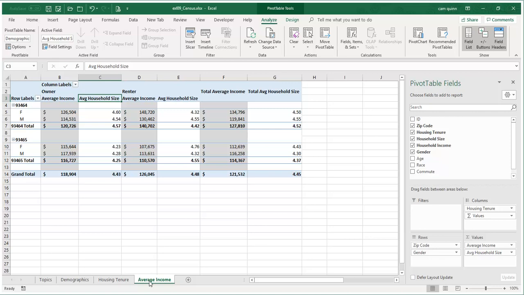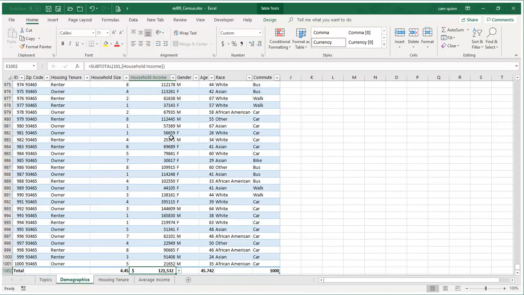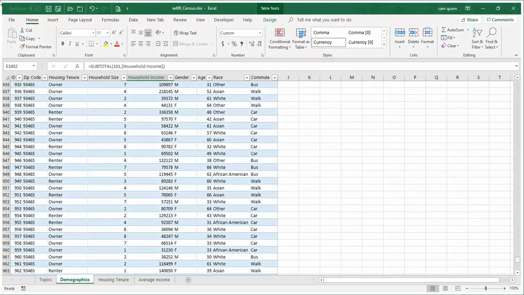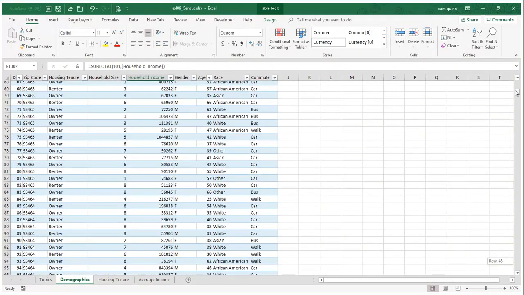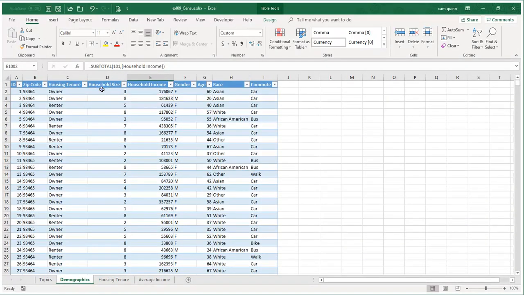Okay. So skill number 5 is all about calculated fields, and the textbook uses Power Pivot, which of course we're not using, so I'm going to show you two ways to create a calculated field. One way to create a calculated field, and I'm going to go back to the demographics just to show you here. What we have in here